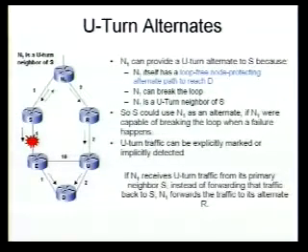So let me talk about U-turn alternates briefly. The basic idea here is if you don't have a loop-free neighbor, then, well, one of your neighbors is sending the traffic directly to you. And if you could just tell that neighbor not to send it back to you, and send it to its loop-free node-protecting alternate, you'd have a way of getting beyond your immediate neighbor.